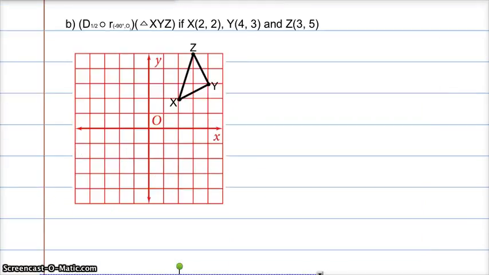Let's try one more. This one's telling you to take triangle XYZ, and it's telling you to first rotate it negative 90 degrees about the origin, which is the same as rotating it a positive 270 degrees. When I do that, these are the ordered pairs that I'm getting for triangle XYZ. X is at